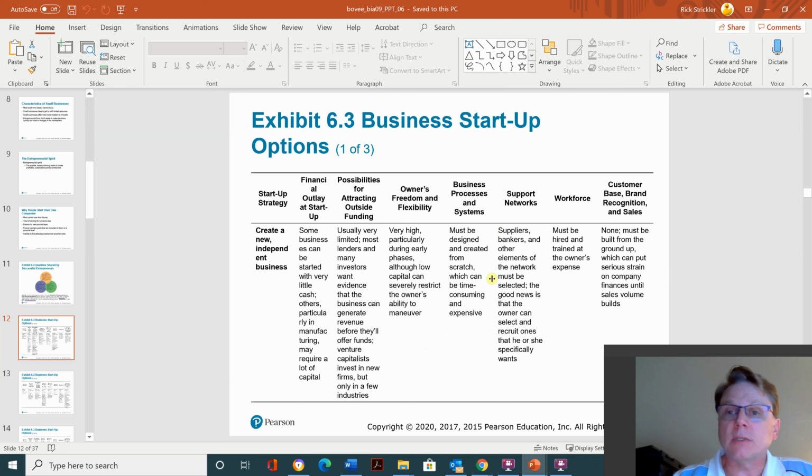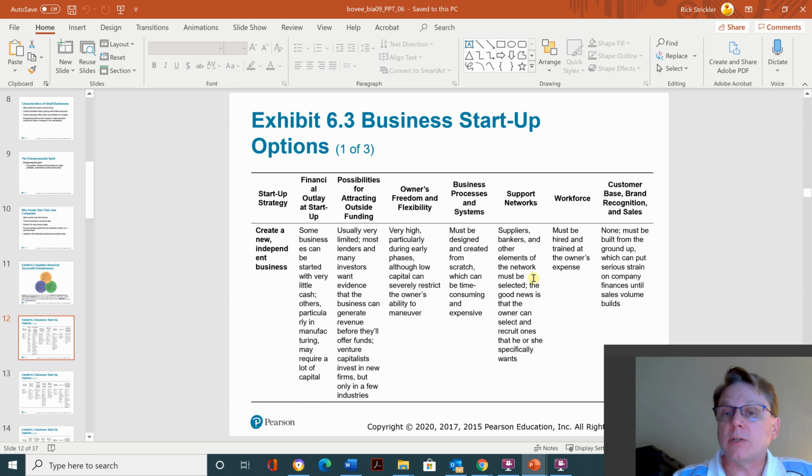Business process and systems must be designed and created from scratch. The first thing the broker said when I started real estate was, "What's your system for success?" And I was like, "What's a system?" I had no idea what a system is. So you have to create a system that's unique to you, or you can mimic someone who is successful and modify their system to your personality or your personal strengths, so that you could create that system. But it depends on the business as to what the system looks like.